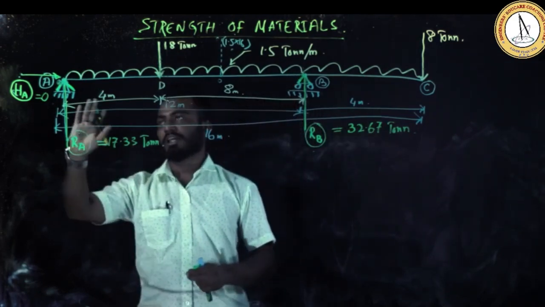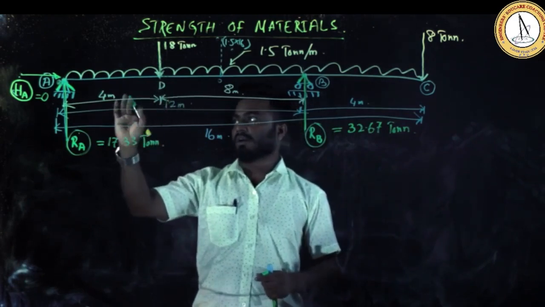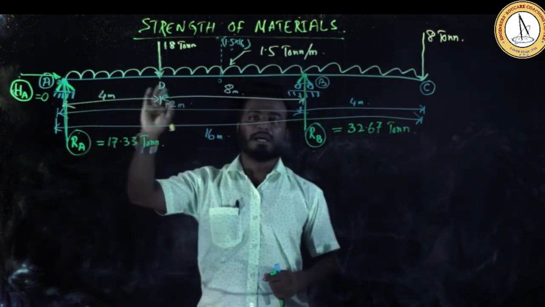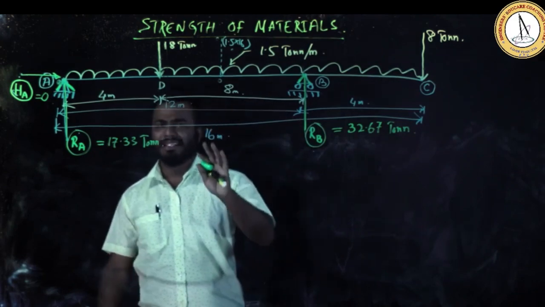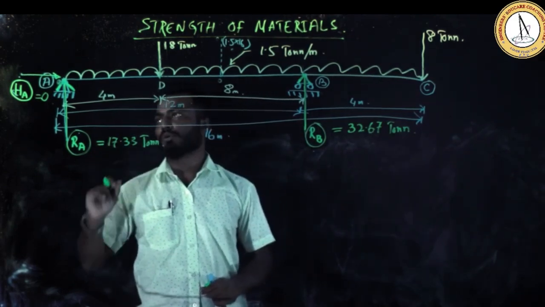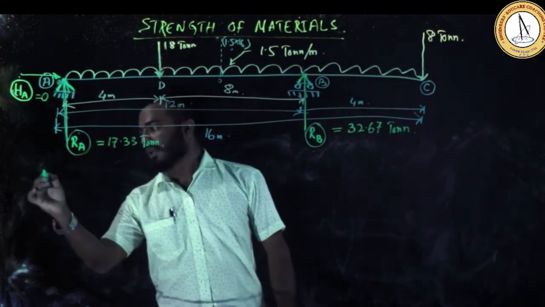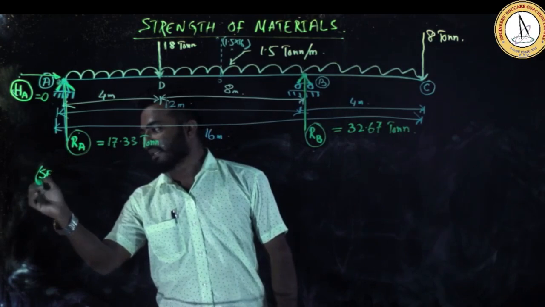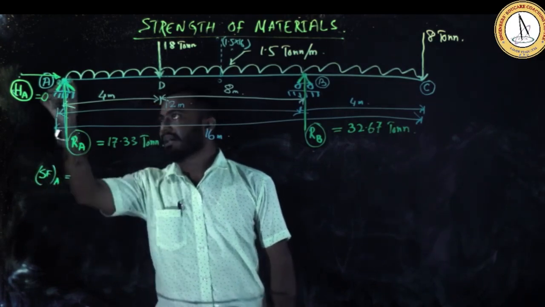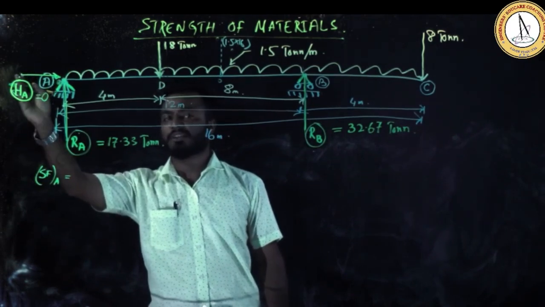As I have already told you, shear force is the algebraic sum of lateral or concentrated loads either to the left or right of the section. This concept can be simplified by using your calci. I will show you how to do that. Say I am interested to calculate the shear force at A. So I will write shear force at A. If I cut here, only this amount of force will be there. Right side, left side there is no force.